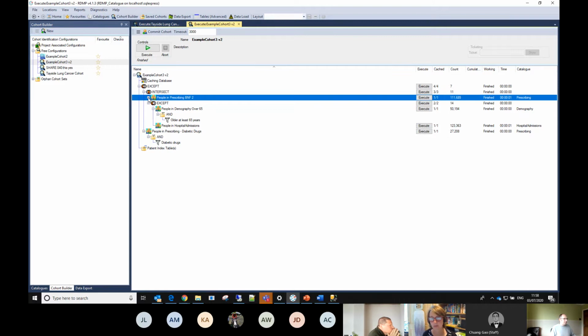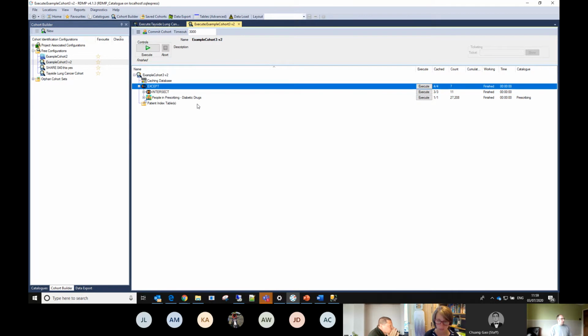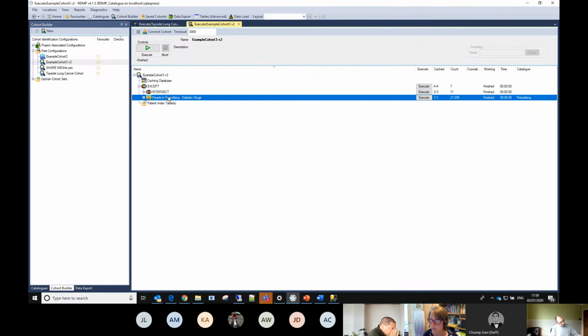And again, my recommendation is always to start by collapsing everything down. So at the very top level, we've got an accept, which, as you know, takes the first thing and excludes any subsequent things. So in this case, it takes the intersect and excludes the diabetic drugs.